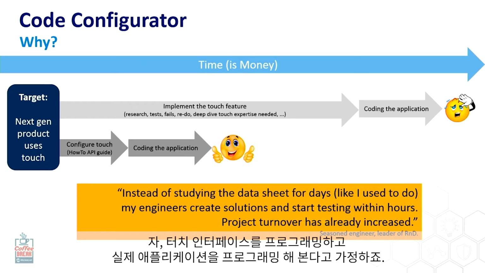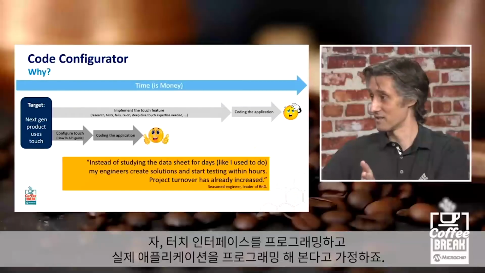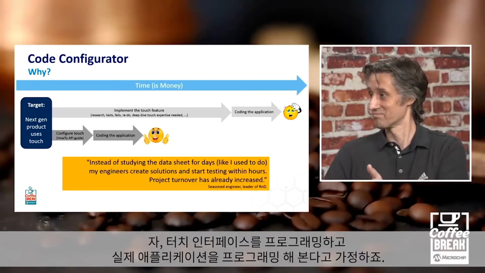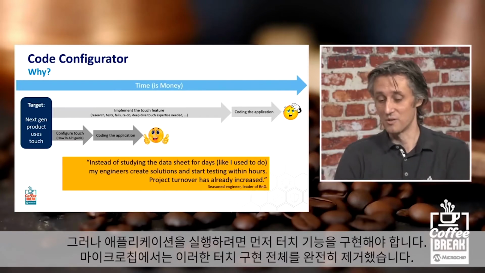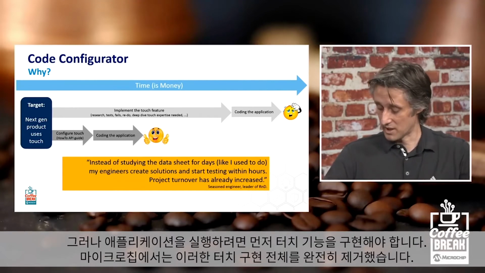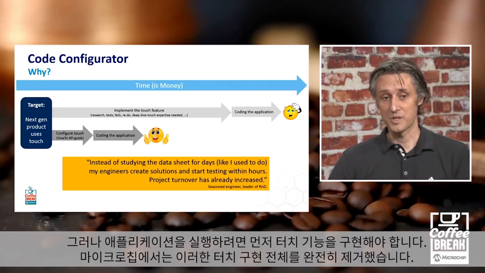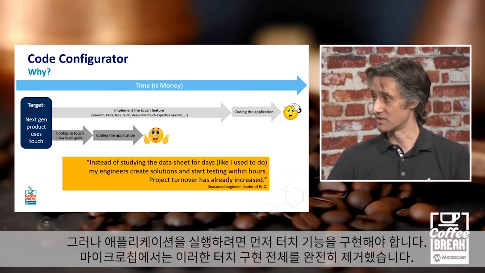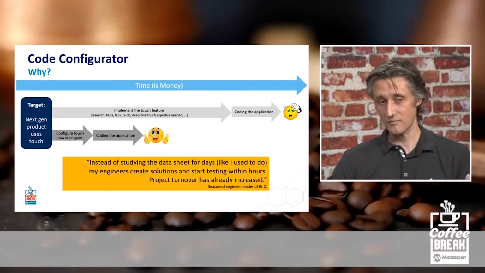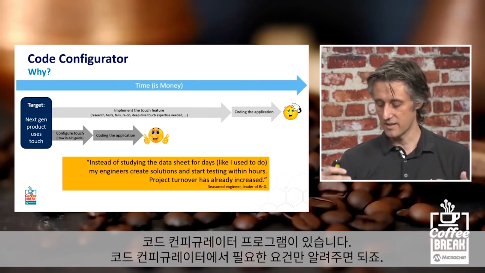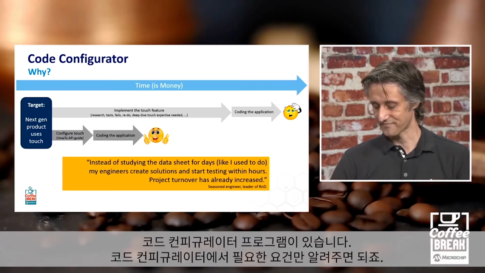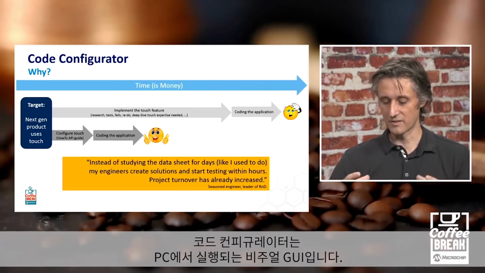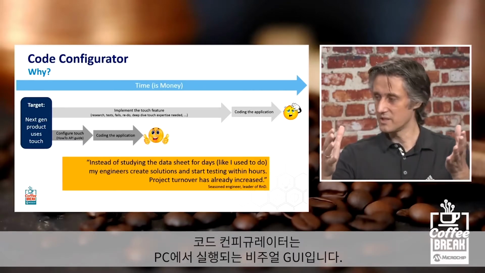Okay, then you have your touch interface programmed, and then you programmed your actual application. This is where you, first of all, came to that MCU to do your application. Right. But in order to do your application, you have to do your touch first. With Microchip, we get completely rid of this whole implementing of touch. We have code configurators, and here's the philosophy. You go to the code configurator, we have some examples later, and you tell the code configurator, which is a visual GUI on your PC,